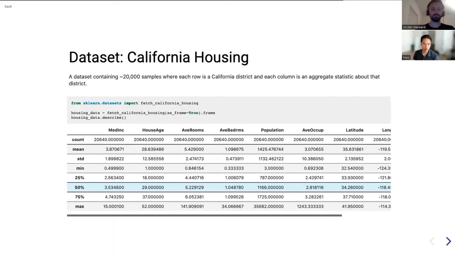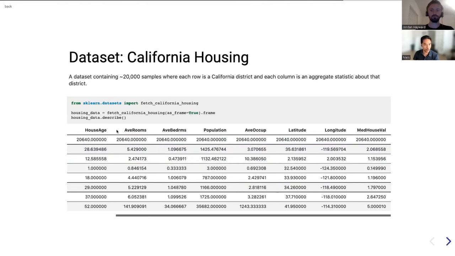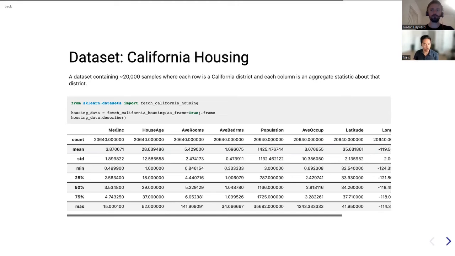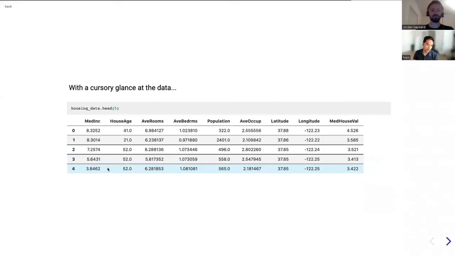So in this case, we'll use the California housing data set. This ships with sklearn out of the box. And you can see that there are attributes about housing districts. So these are actually aggregates. Each row is a district in California, and each column is some aggregate attribute about the houses in that district. So even with a cursory glance at this data, you can already tell what the types are,